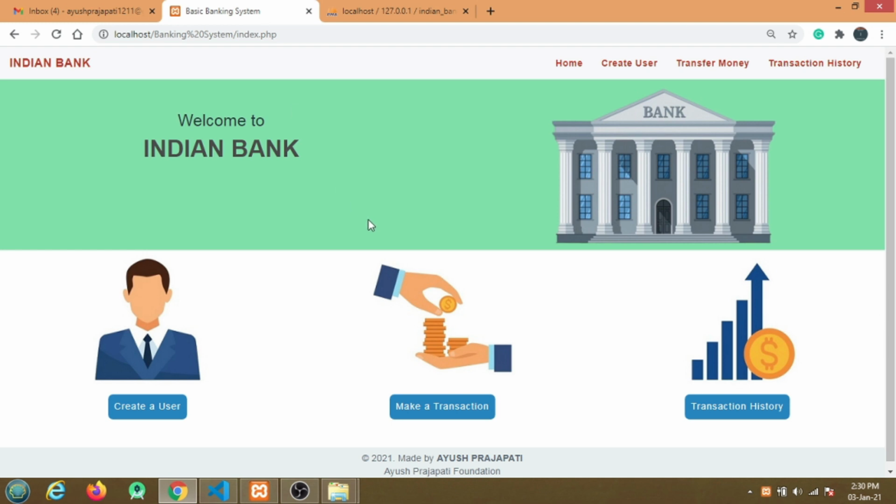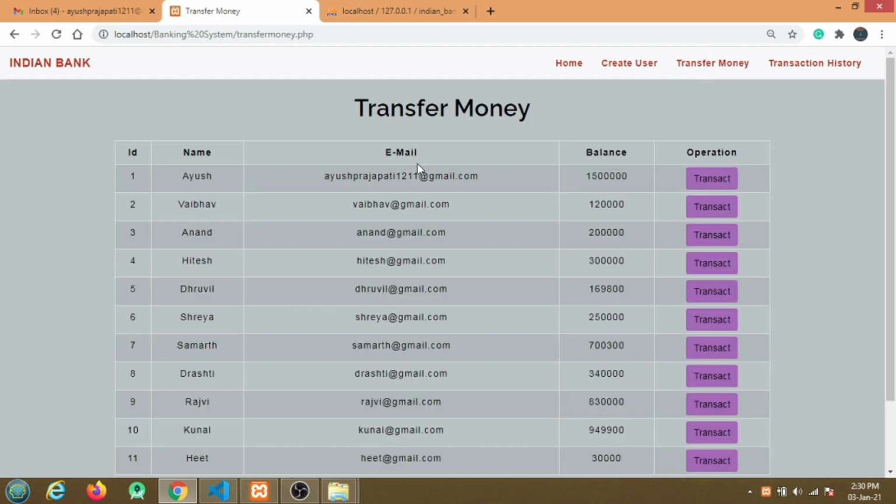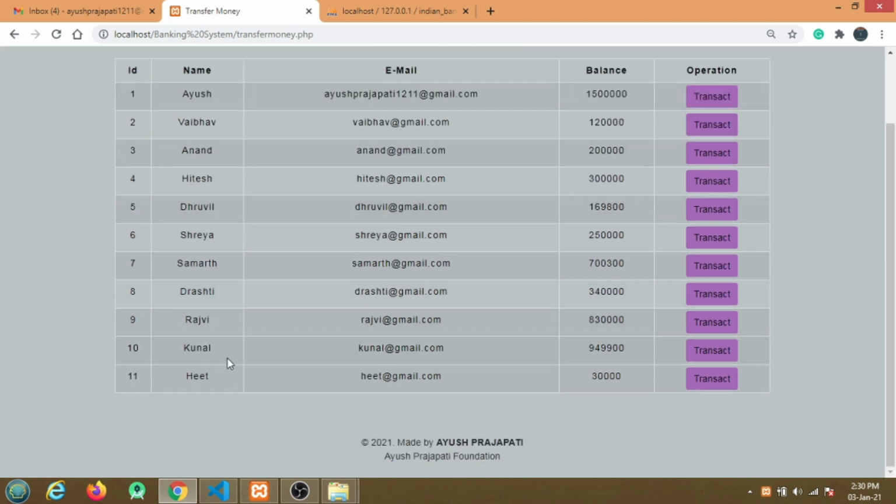So this is our home page. First of all we go for transfer money. In this you can see there are 10 or 11 users. Now we are going to transfer money.